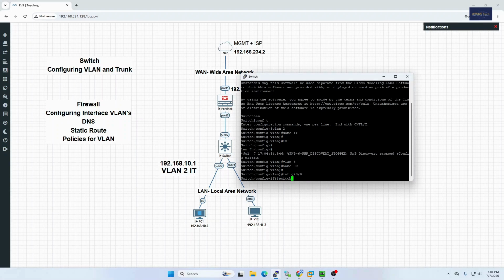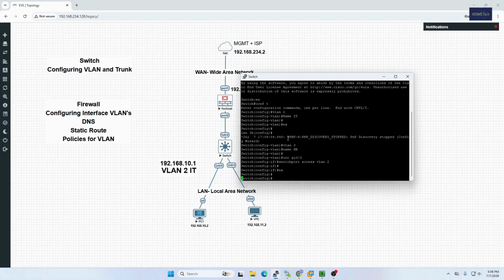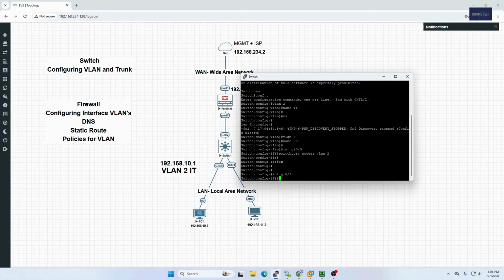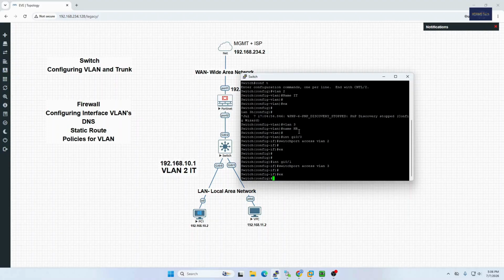Switch port access VLAN 2, exit. Interface Gi 0/1, enter. Switch port access VLAN 3, exit. Now you can see here I created two VLANs, VLAN 2 and VLAN 3, name IT and HR, and